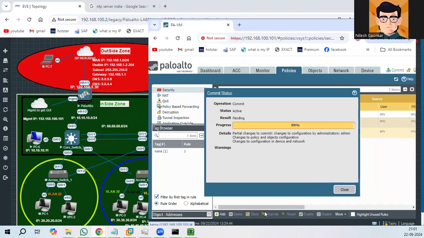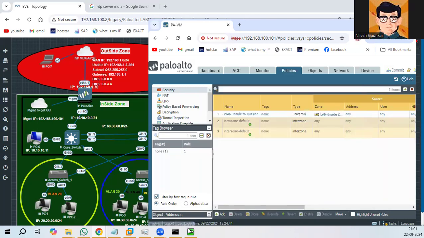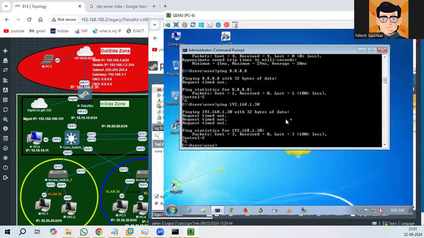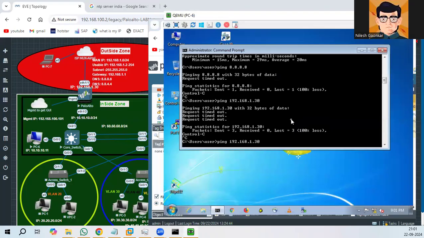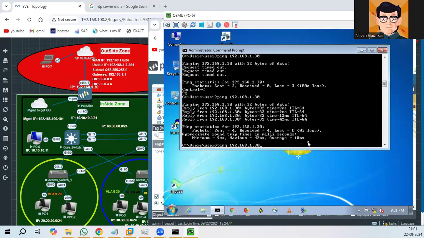That will be complete. Yeah, it's complete successfully. Close it. Now we'll verify whether we can reach. Yeah, we can reach the outside interface. Then let's try to ping the gateway, that ISP one,